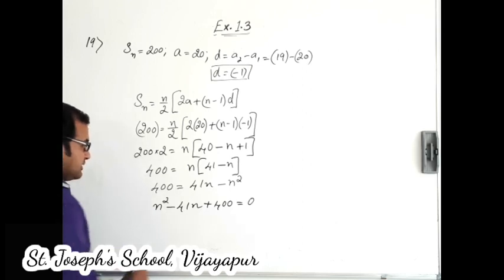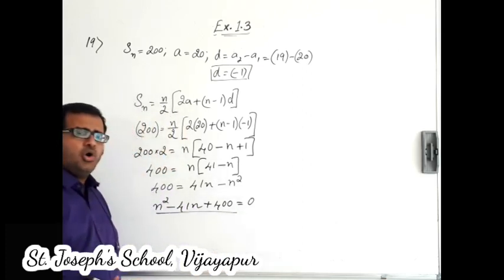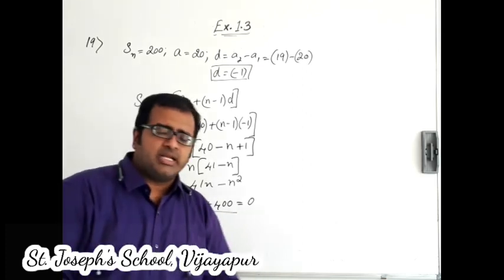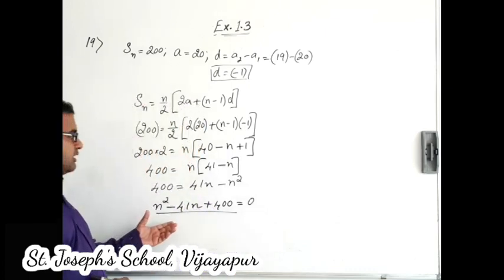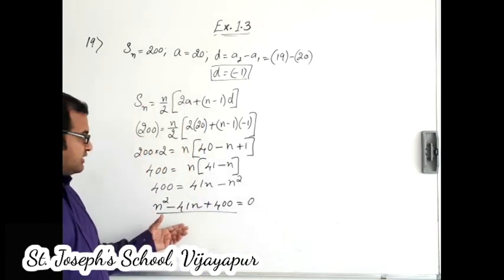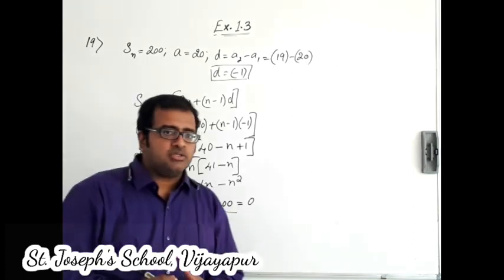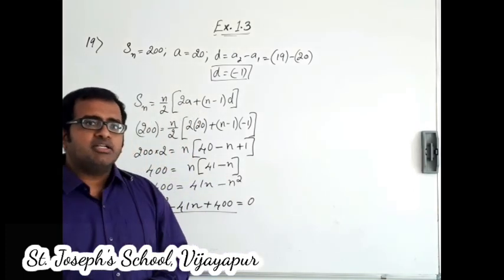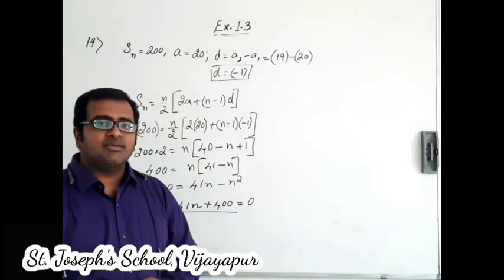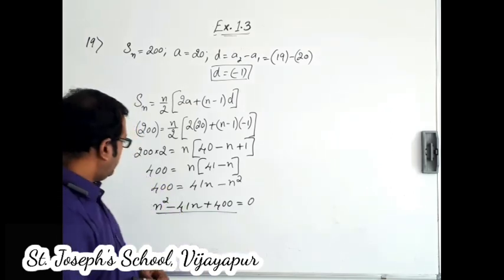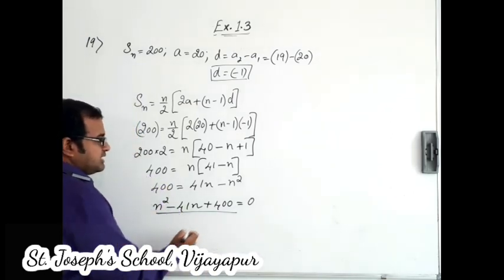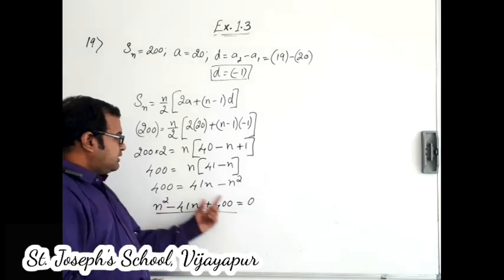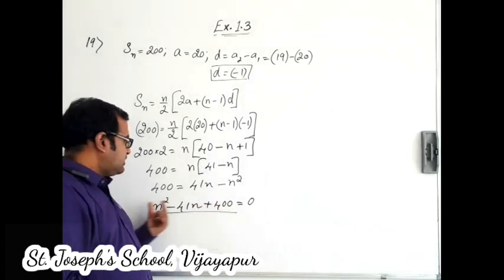Let us try to solve this quadratic equation by factorization, or if you know Sridharacharya's method, you can apply the formula also. Right here I am using factorization. If you have a doubt with the factorization, please comment in the comment section, and we will solve that separately in a video and give a link here. Now let us try factorizing. The product should be the product of the first and last terms, which is 400 n square.